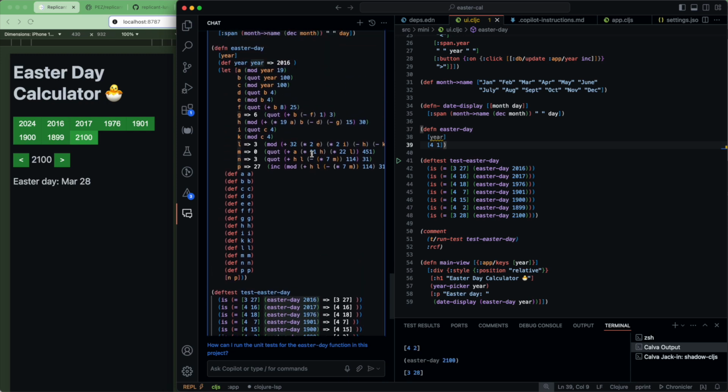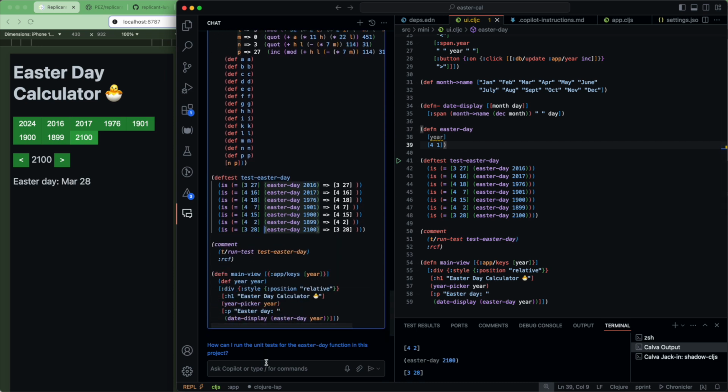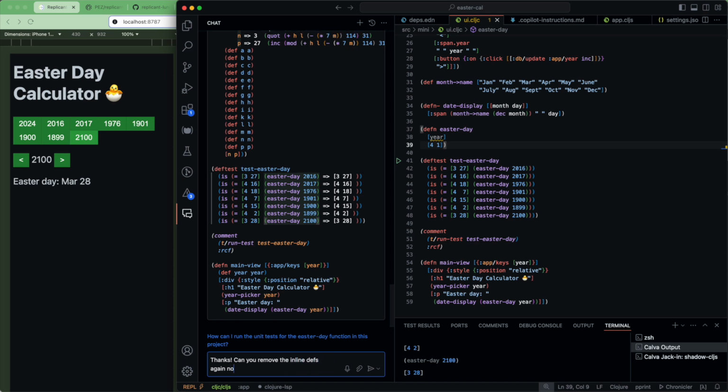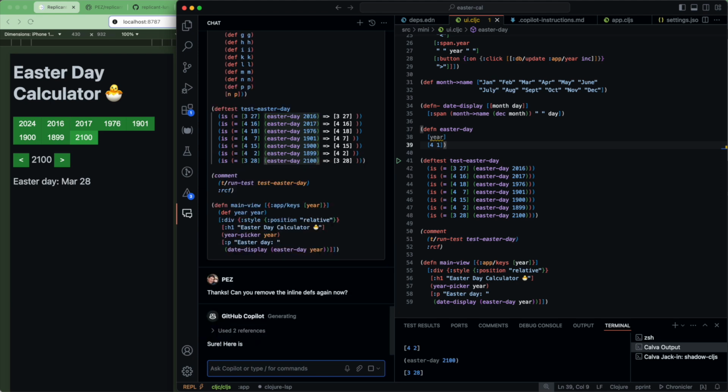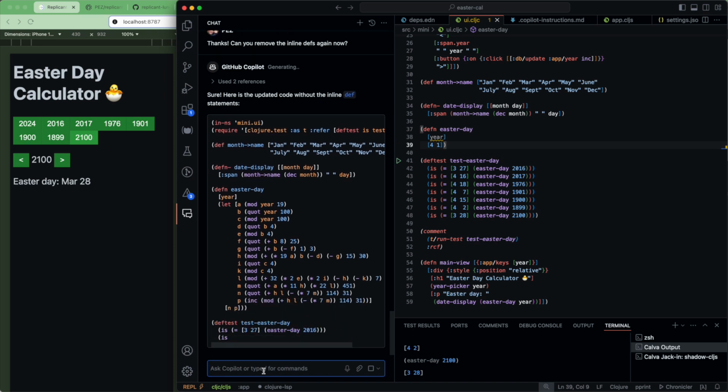And it's now important to understand that now it's this function that is running in the application here and not this function. So we actually need, if we want to make this stick, we want to copy this code into here. But first we want to remove the inline defs. Actually, in this case, we could have copied the code from up there, but